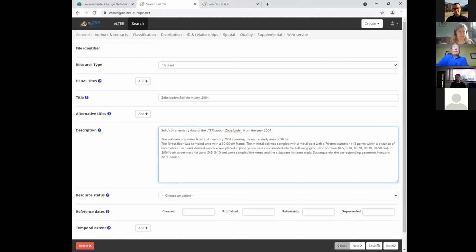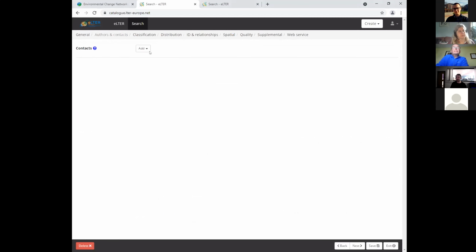So I'll keep on filling it in. We've got a tabbed interface at the top because there are a lot of metadata fields. They're not all mandatory, but you can fill as much or as little as you need. Because there are a lot of fields, we've got a tabbed interface to gather them together in groups. So if I wanted to, for example, say who the contact for this data set is, I can add a contact here